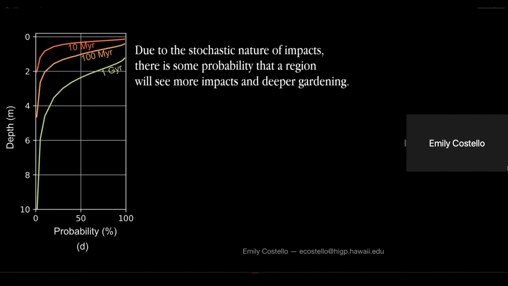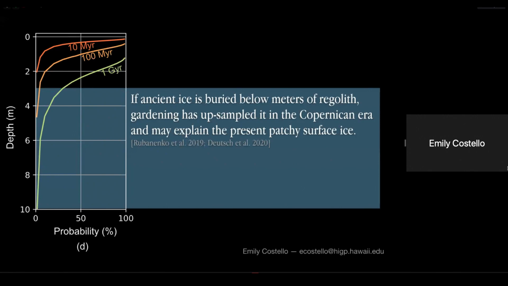Now, there's some evidence that there are ancient ice deposits on the moon buried below possibly meters of regolith. Paul talked about this earlier, that Lior Rubanenko in 2019 showed that there are craters at the poles that are shallower in their depth-to-diameter ratio than other craters that are away from the poles. And he proposed that there may be a lens of ancient ice buried below the regolith. Ariel Deutsch also showed that these craters that have ice in them, the permanently shadowed region ice, are ancient, older